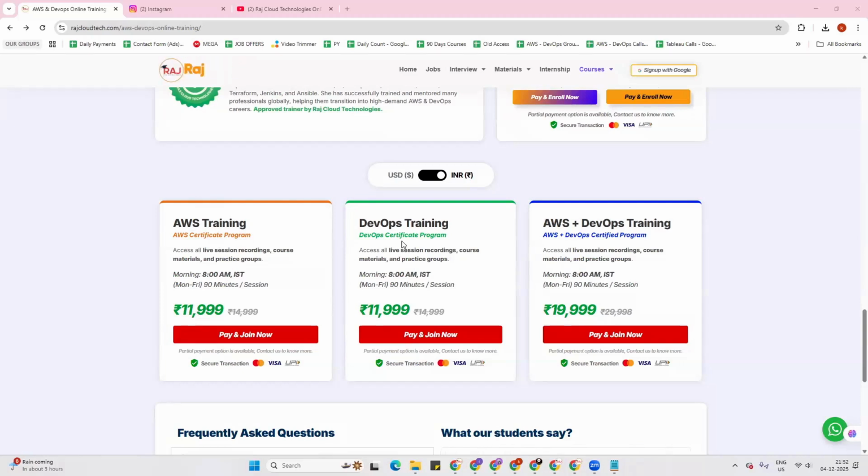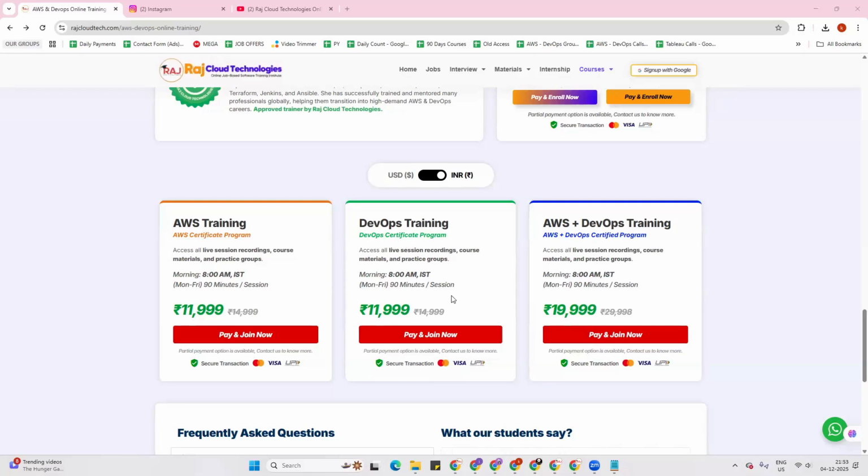Why? Because you don't have any experience. Surely you need to go with both AWS and DevOps. Then it will be easier to understand the current market requirement and you can easily answer the questions. And one more important thing is that we are not training anyone as a fresher. We are training everyone as an experienced candidate only. Suppose a fresher came today who just passed out in 2025. In this batch, we train him like an experienced candidate.